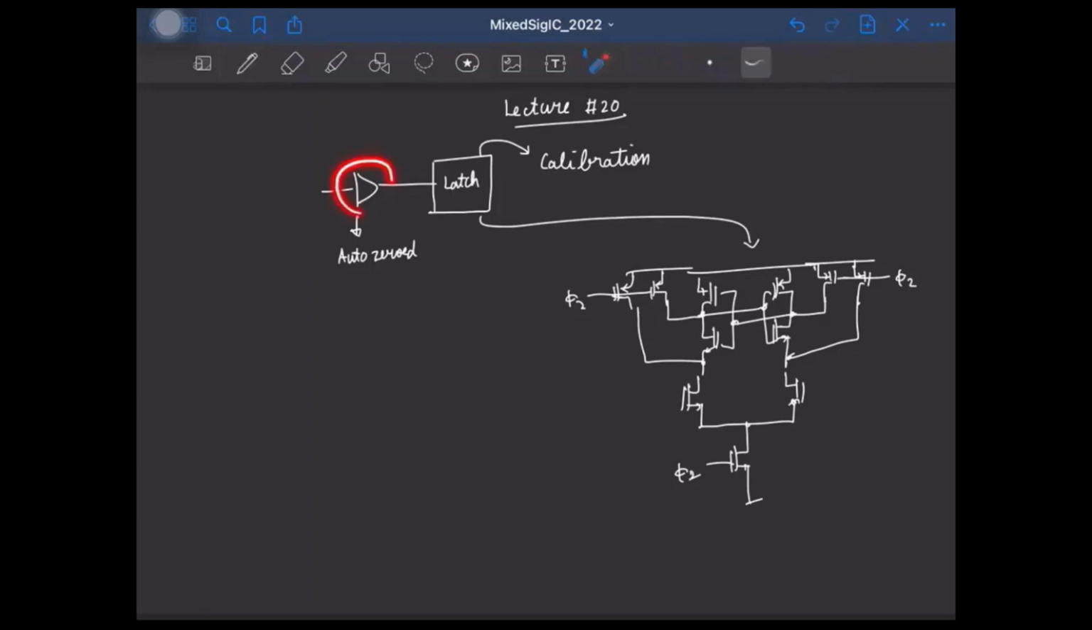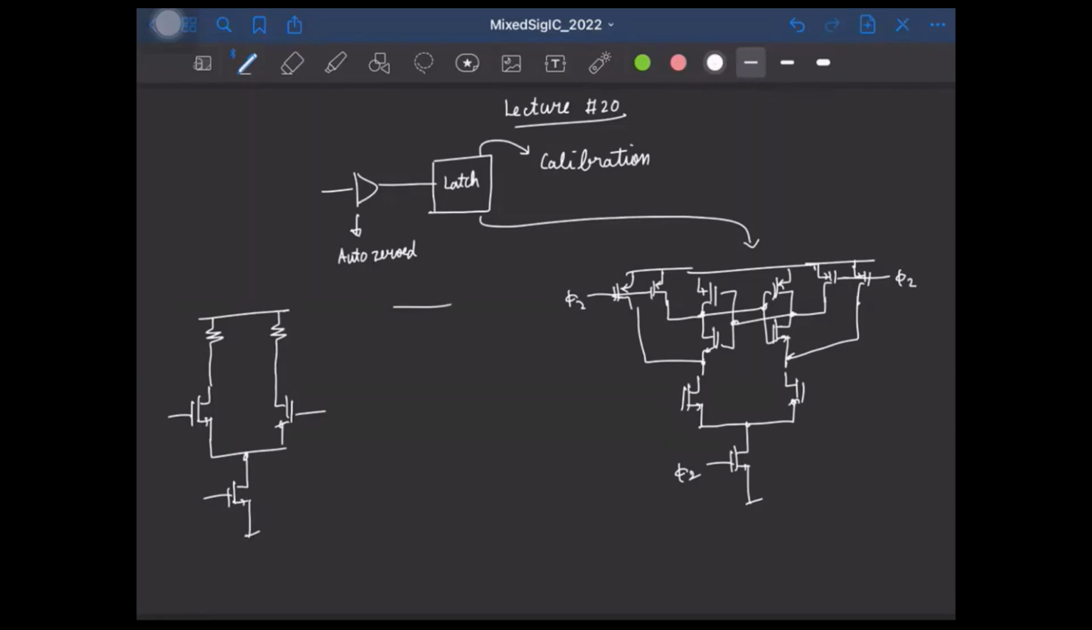And for the preamp here, we can have any number of variants, and usually we go for a simple single stage differential amplifier. So you could either have an NMOS differential pair like this, and at the drain you can have a simple resistor, or you can also have a PMOS current source load,